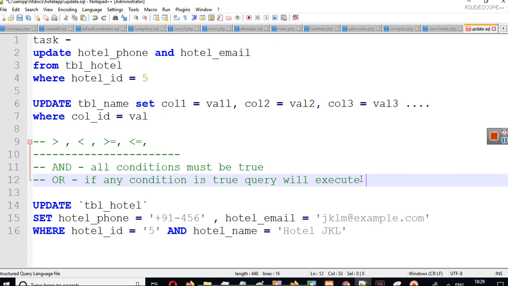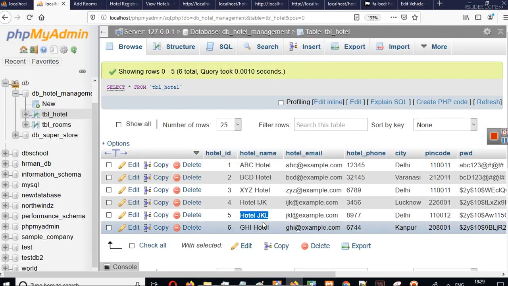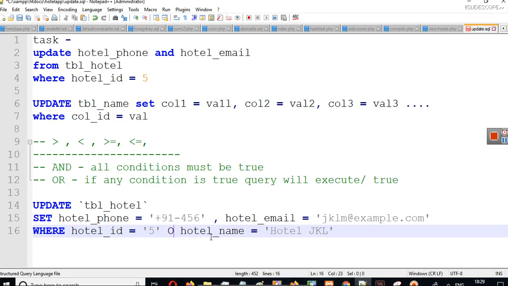We can say the query will execute, or we can say the query will be true. In case of or, we can write or here also. So where hotel ID is equal to 5 or hotel name is equal to hotel JKL. This is a correct query because both ID and name belong to the same hotel. In case of and, it will also work.